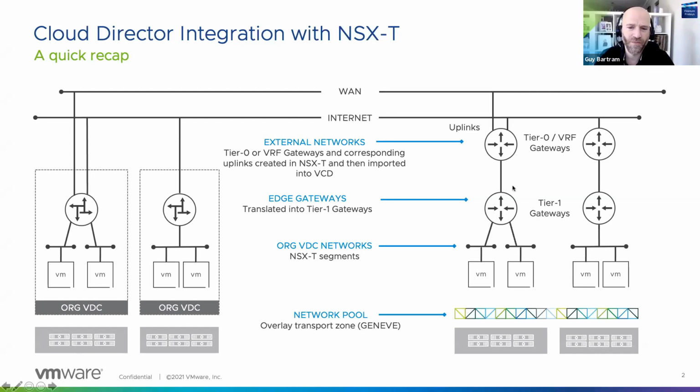So Romain, in NSX-V, you could attach up to 10 external networks to your ESG. Now I've got a limitation. I've got my tier 1 gateway. I can only attach one single network to it, which is attached to a T0 or a VRF gateway. There would be multiple links on the T0 though, right? Yes, and it's